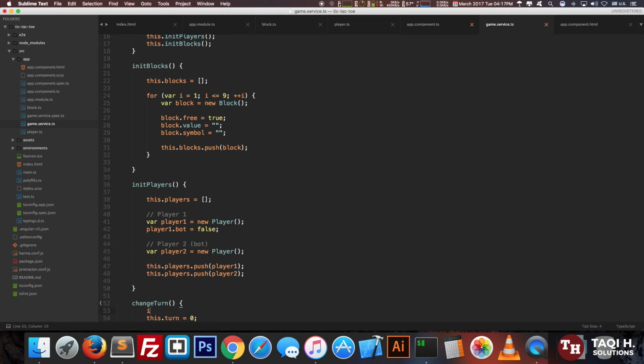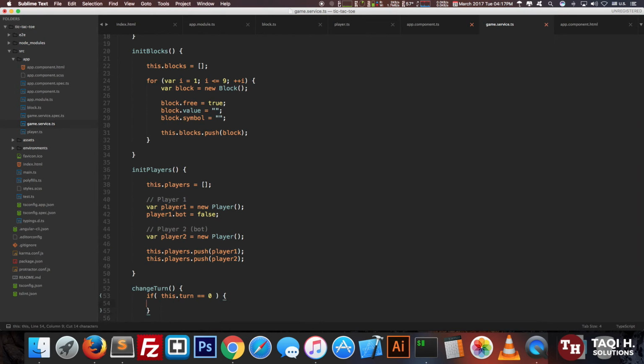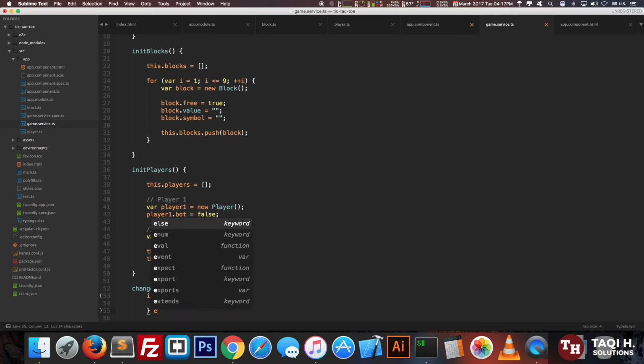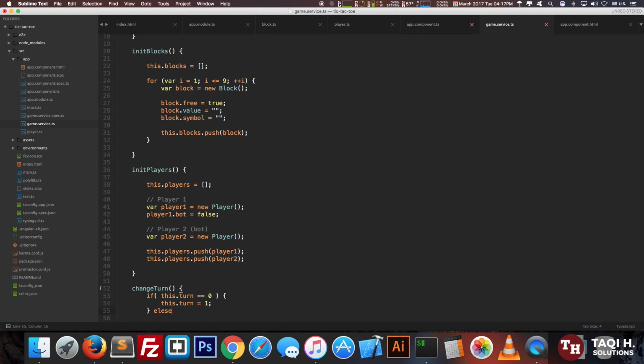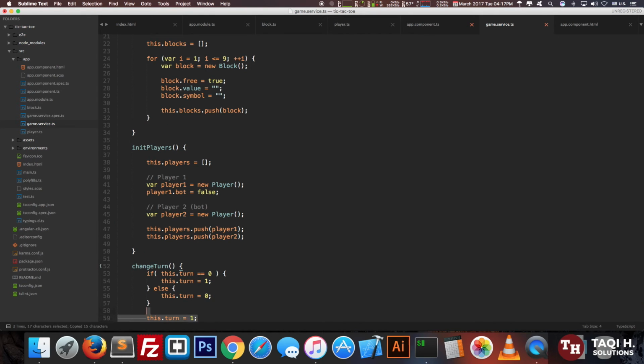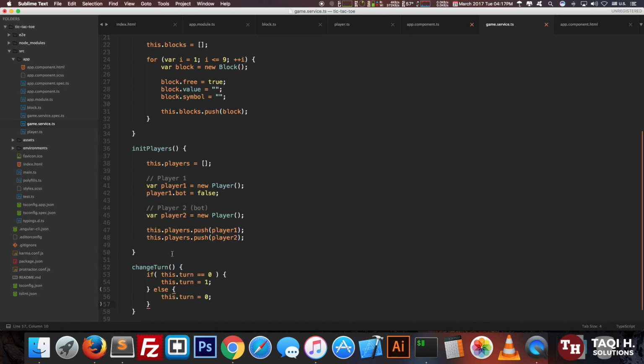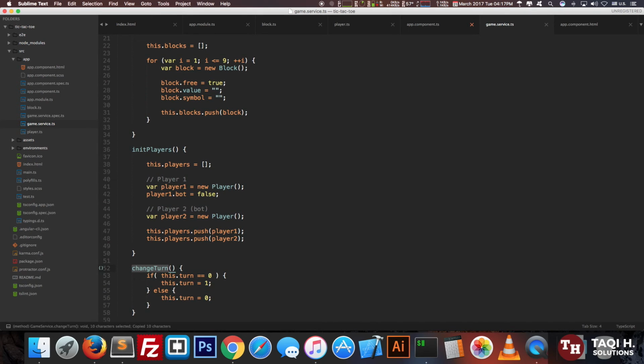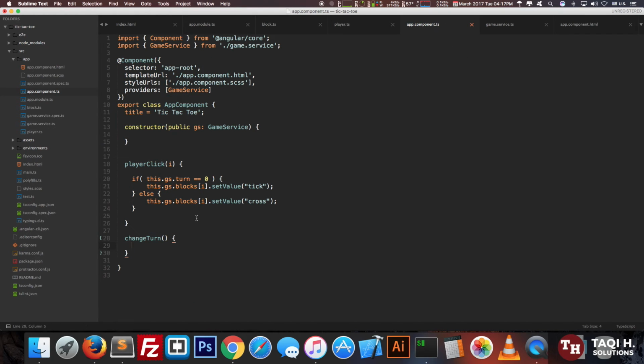So if this turn equals 0, it will set the value as 1, otherwise it will change the value to 0, right? Okay, so once you save that, what we will do is that in here we will hit